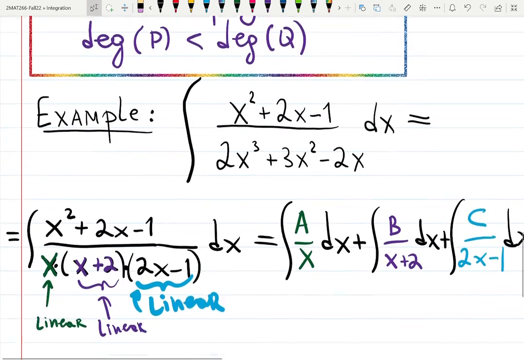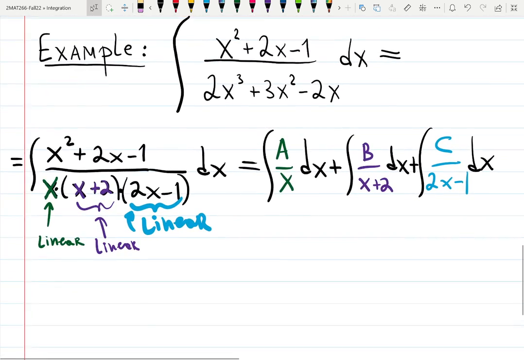Let's continue. The whole point is now we're ditching integration and actually just working with fractions. We need to find A, B, and C. So the goal,